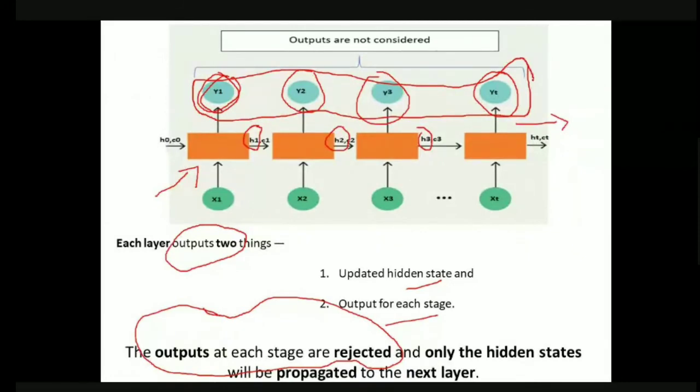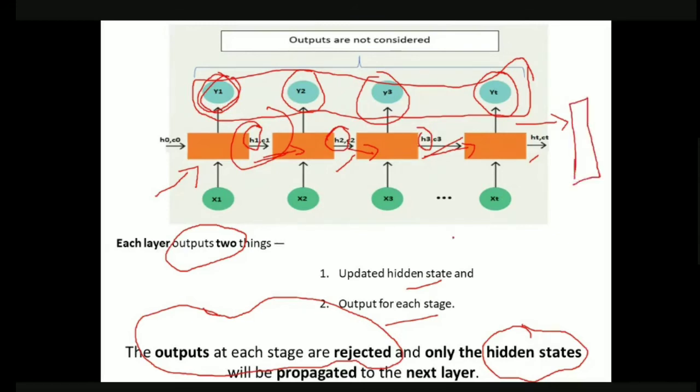But what are we going to consider? We are going to consider only the hidden states. What are the hidden states? H1, H2, H3 and so on up to HT. Only these hidden states we are going to consider, and we are not going to consider the outputs of the encoder. Now we will take all these hidden states, and they are propagated to the next layer. This hidden state is propagated to the next layer, and this hidden state is propagated to this layer. And finally, after completing all the hidden states, the complete context or summary will be given to the encoder vector.